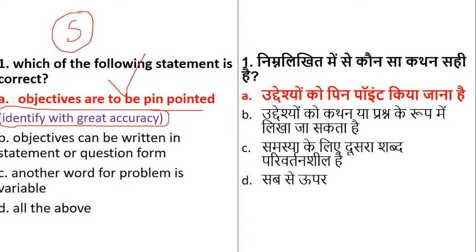Now please remember, those who have given me option D, most of you did it. I don't know why, on what basis. Please try to understand, research objectives are always in statement form. Option number 3 has no relation with the given question, and hence option number 4 stands to be wrong, and the correct option is option A. Here pinpointed means it has to be accurate, it has to be specific. So please be careful in such types of statements. It can put you in a fix and can reduce your marks. So just be careful. Okay.